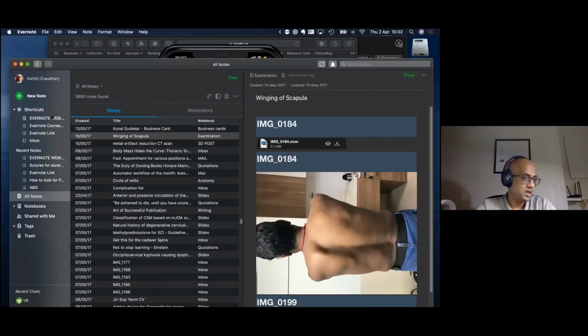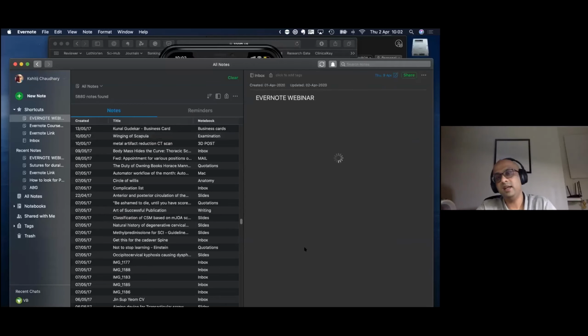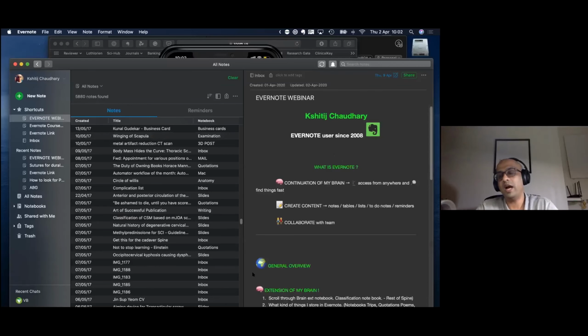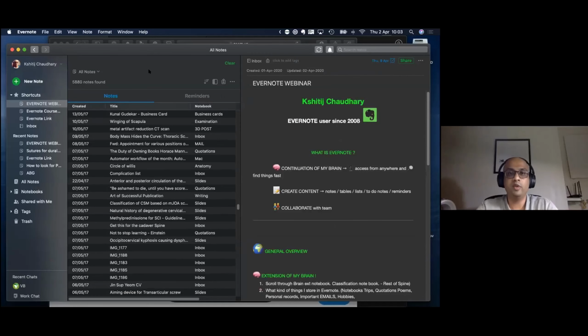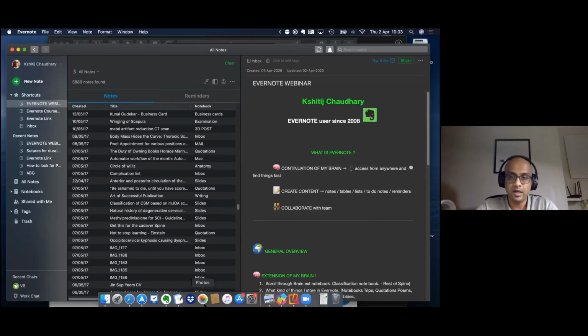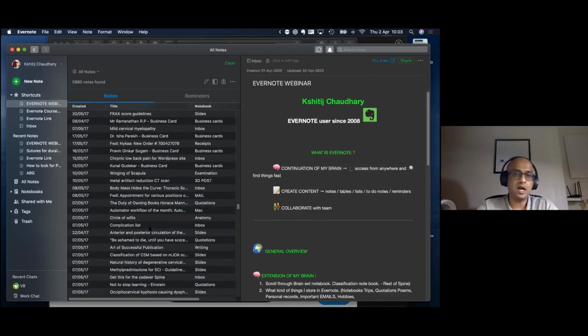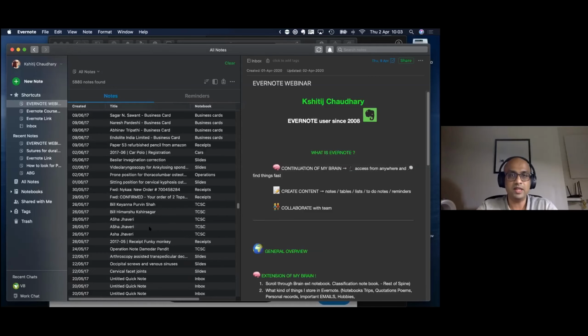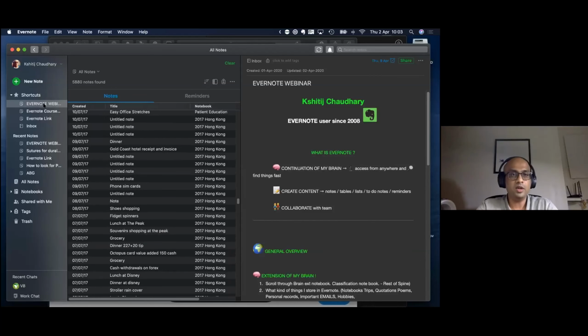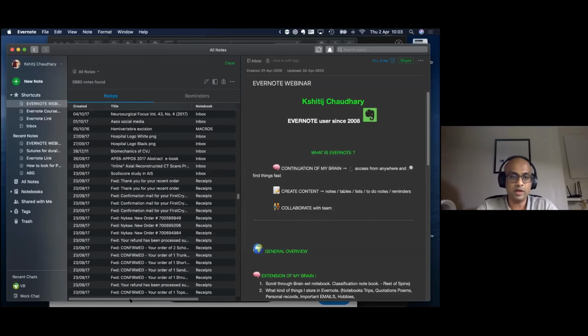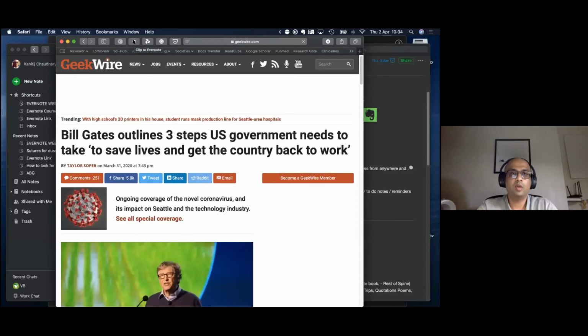The next thing is, because it is available on your iPhone, iPad, on your Android phone, it's compatible between different operating systems. You can have a Mac and you can have an Android phone, and it just works beautifully because there is cross-platform compatibility with Evernote. So that's that. And then the second function is how you collect this information. So let's go to how you populate your Evernote with notes. Let's go back to our web browser, and then I want to store this note.